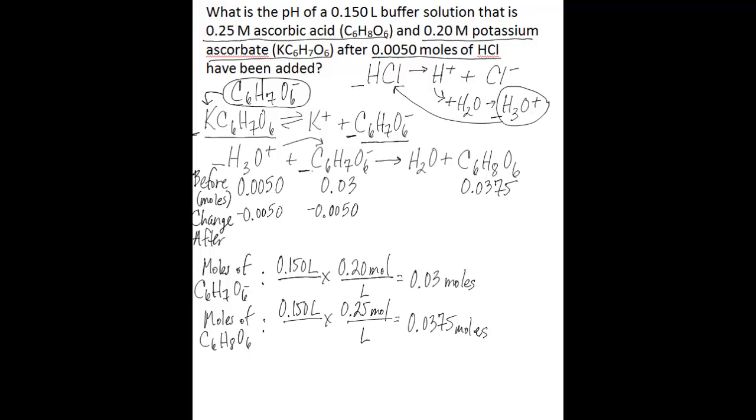So you subtract the 0.0050 from the reactant side and you add it to the product side, because for every mole of hydronium ion that reacts and that you lose, you will gain 1 mole of ascorbic acid. So you add it to the product side. And then all you have to do is subtract this number from reactants, so you get 0.025 and